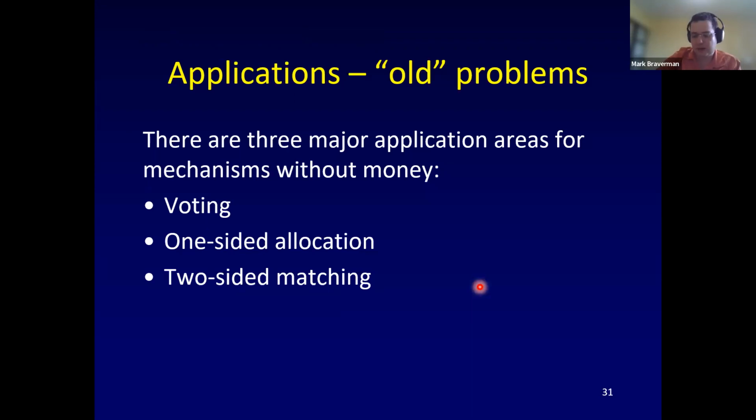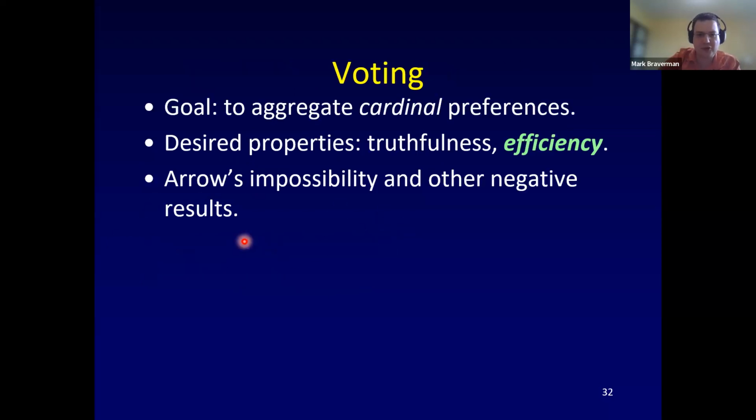So let's briefly discuss applications. I'll spend most of the time on... So the three major applications of mechanisms without money are voting, allocation, and two-sided matching. I'll spend most time on the one-sided allocation, but let me briefly mention all three. So with voting,